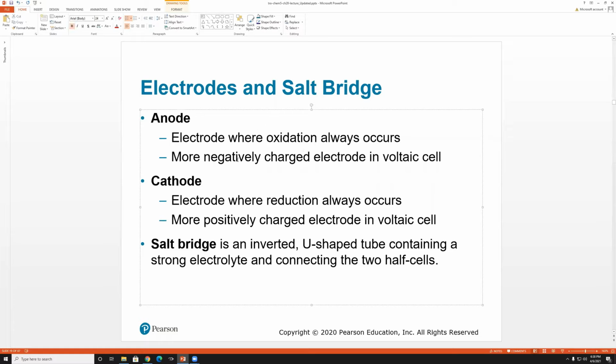And the anode is where oxidation occurs, meaning they're losing electrons, meaning they have electrons to start out with. So originally, they're more negative. And then the cathode, because originally is more positive, because the electrons are going to flow from negative to positive, or from anode to cathode. And then there's this thing called the salt bridge, which we'll see in the next,